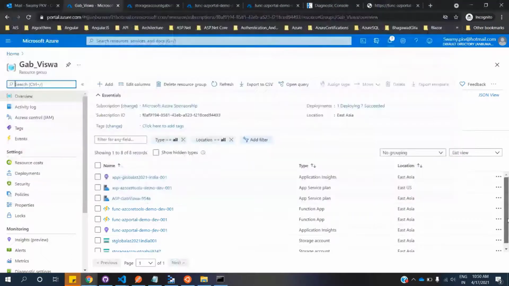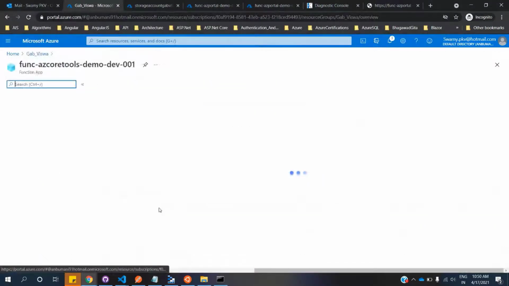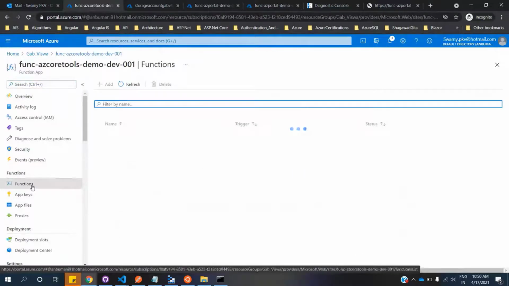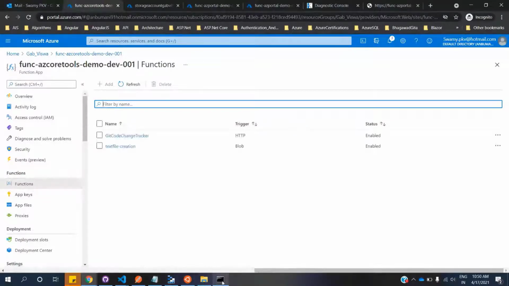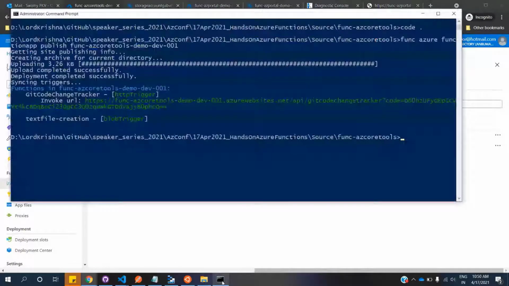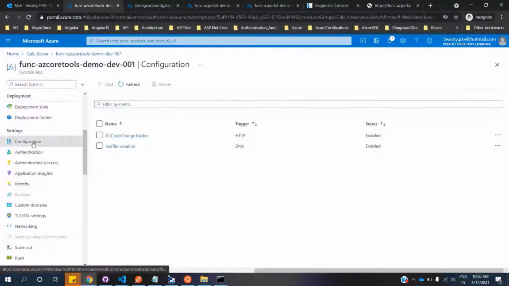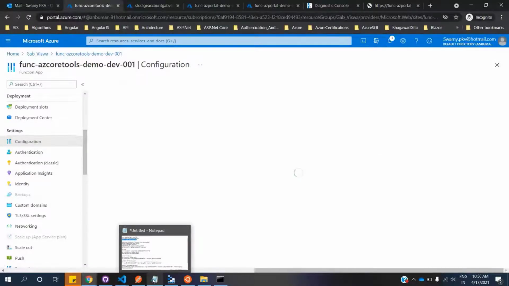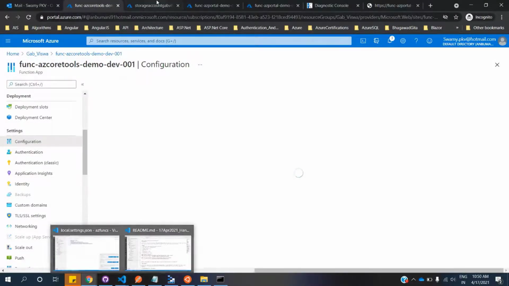So we can come and see this Azure Core Tools, and inside this function. Okay, see this. It has beautifully done its job. Let's quickly come back to configuration. And did I copy this storage account configuration?